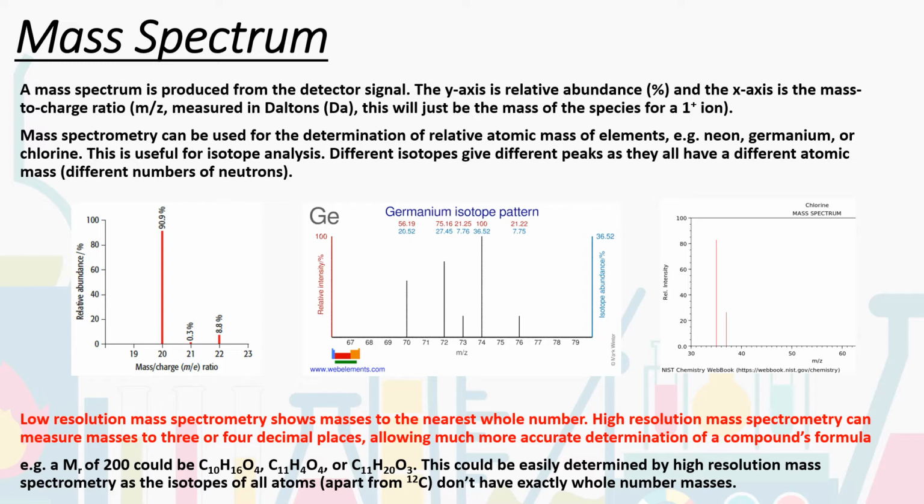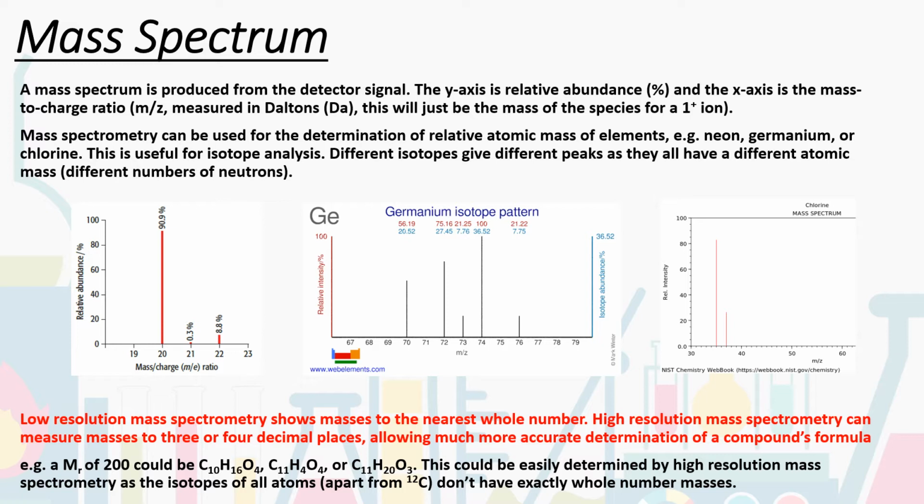Now, all of these mass spectra that you see above here are what we call low resolution mass spectrometry. This shows masses to the nearest whole number, typically, sometimes to one decimal place, but normally to just the nearest whole number. We can also use something called high resolution mass spectrometry, and this can measure masses to 3, 4, sometimes even 5 decimal places, so many, many more decimal places,